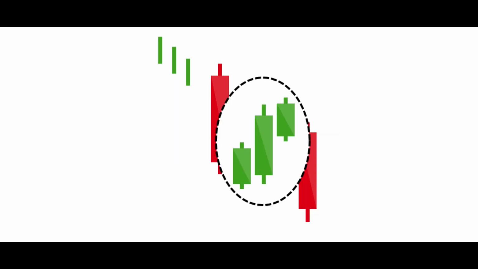Now, this particular candlestick is the falling three methods. Three method formation patterns are used to predict the continuation of a current trend, be it bearish or bullish. The bearish pattern is called the falling three methods. It is formed of a long red body followed by three small green bodies and another red body. The green candles are all contained within the range of the bearish bodies. It shows traders that the bulls do not have enough strength to reverse the trend.